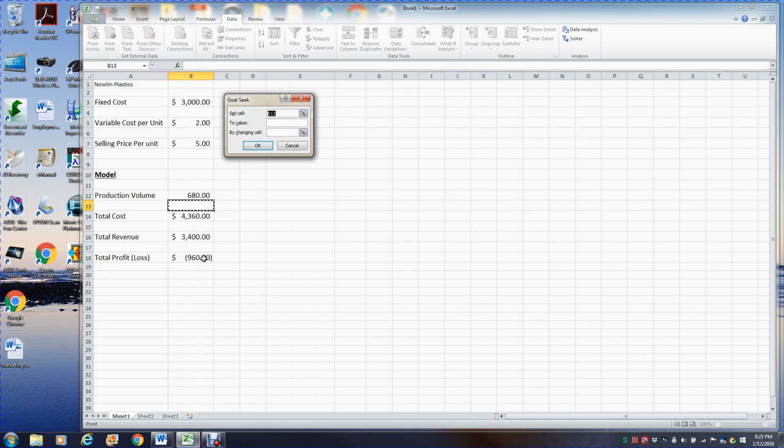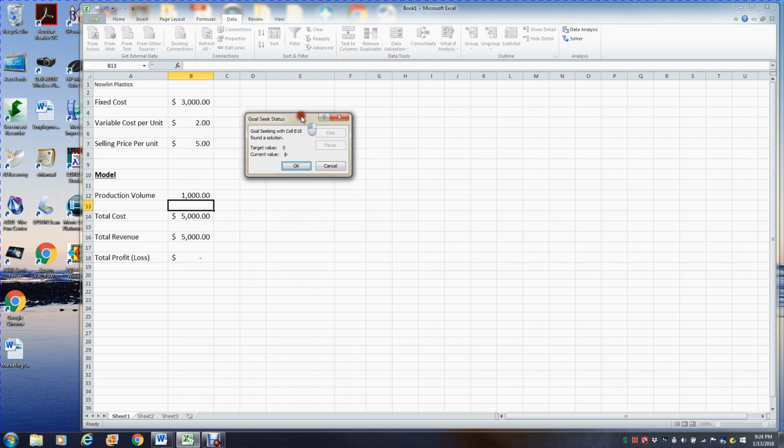So we're going to set the profit cell, which is B18, to a value of 0, and we want it to do that by changing the value in the production volume cell. And when we click OK, you'll see that it will automatically give us the production volume value that will make the total profit 0, which in this case is 1,000